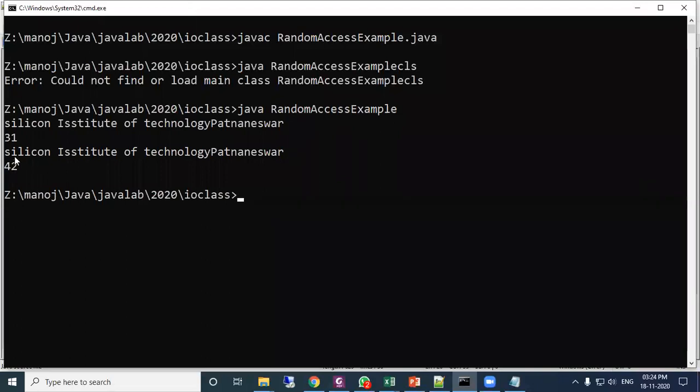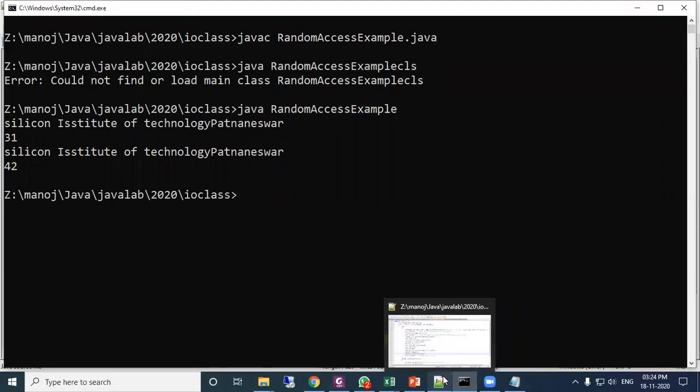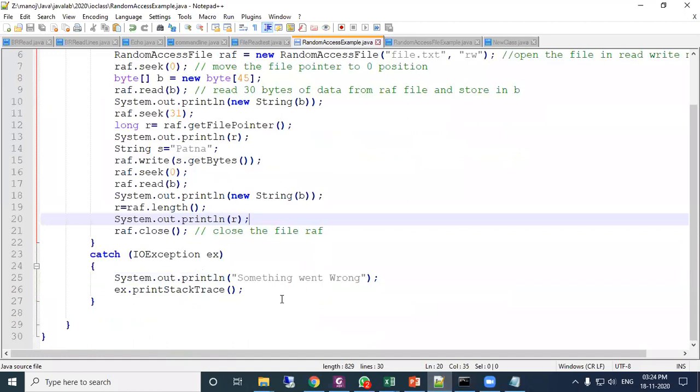Length returns the current length of the file, so from here you can know the length. So this is about the random access file process in Java.